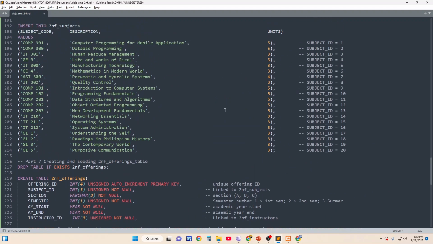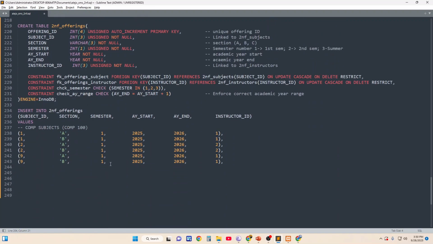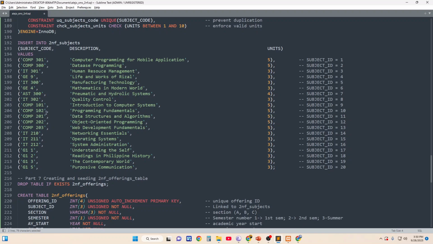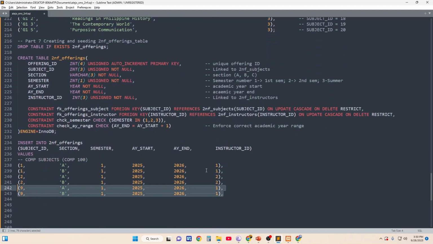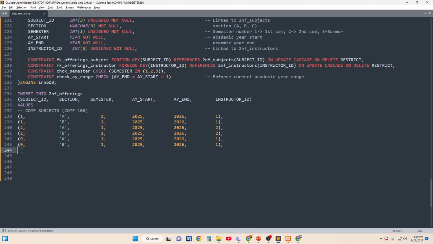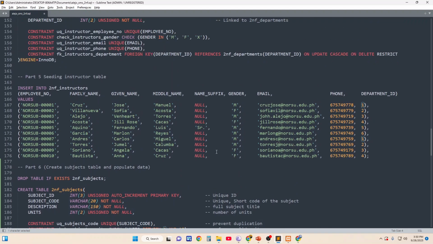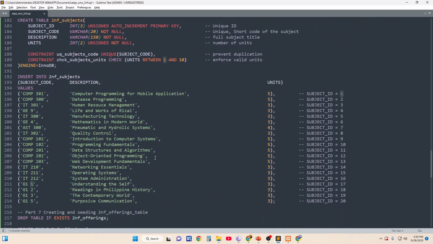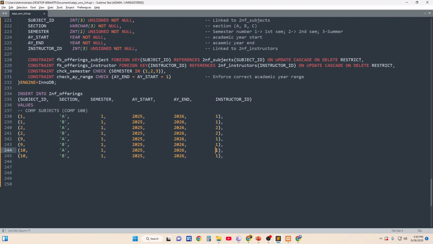Another for comp, we'll have comp 102, and that is ID 10. So we should have 10, 10, then the same A and B, the same semester, same AY start, same end, and we will also have instructor 3. What is 3? We have Alejo. Okay, for example, that is my subject